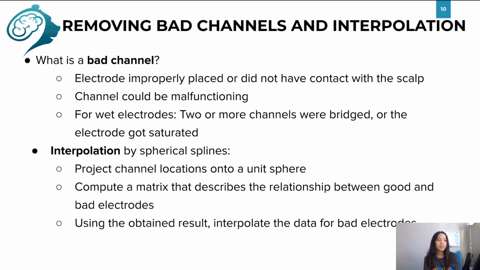Oftentimes, EEG data, especially high-density EEG data, can contain bad channels that provide inaccurate information. So here are a few reasons why a channel might be excluded. You can detect bad channels even before you finish collecting data. For instance, if you know that one or more of the channels were not functioning properly, or if you notice that any of the electrodes lost contact with the scalp during the experiment, you can mark them down and exclude